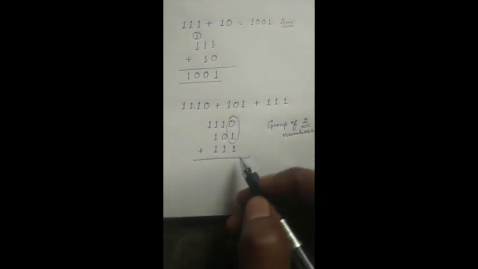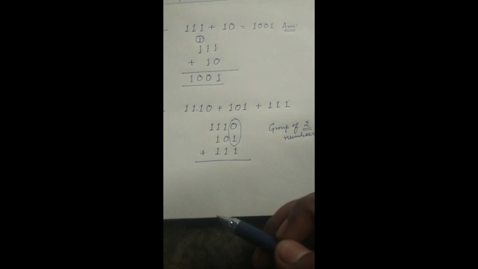We will add it. Now you have to keep in mind, whenever you are adding more than two numbers, you have to make a group of two. We will not add all three or four, any number together. We have to add two at a time, because in the table only two numbers can be added at a time. So we will make it in a group of two. So 0 plus 1, what is the answer? 0 plus 1 is 1. Now 1 plus 1 will be again 10. So 0 we will write down here and 1 will be carried forward.